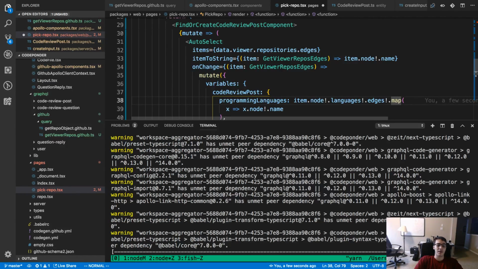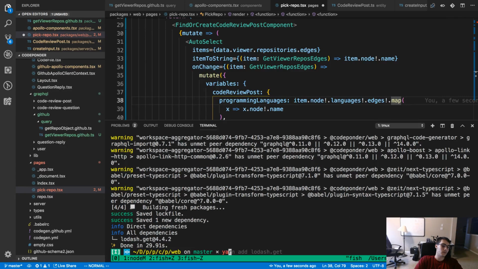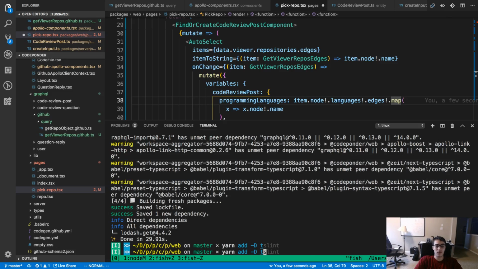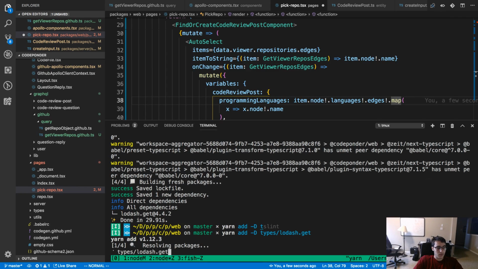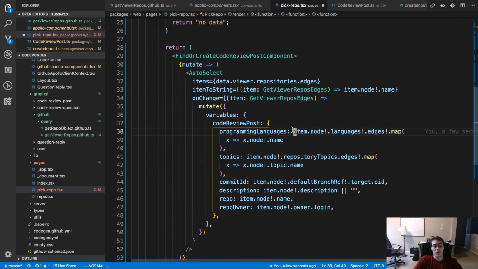The other thing we need to install is the types for it, so whenever this is done, we'll install that too. You don't have types for it? Yeah, I'm going to lose the type definition for it.